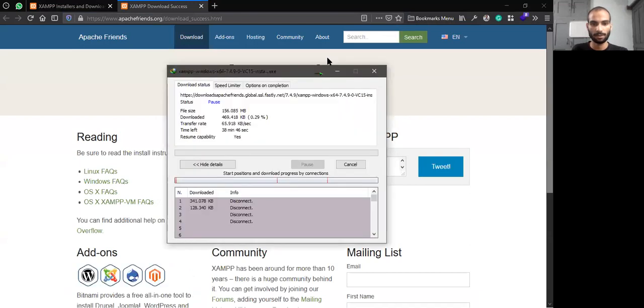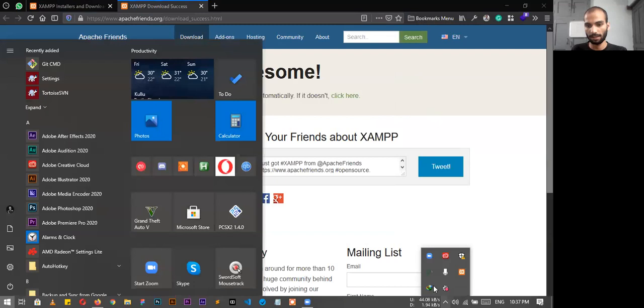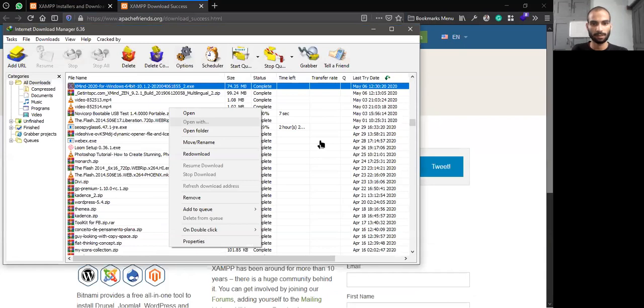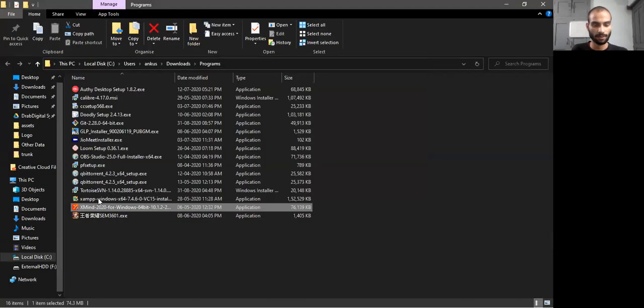Okay, so I feel I already have it on my PC. I will just grab the installer from my downloads. Okay, so here it is. I will just install the same version.